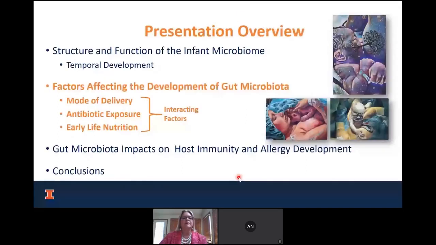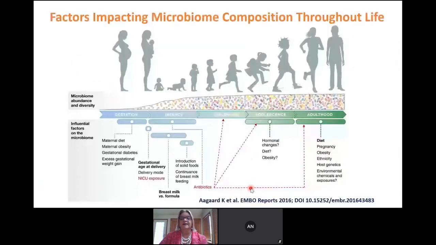which will be taking a little bit of a deeper dive into what are these factors that are affecting the temporal development of the microbiota. And I'll talk about mode of delivery, antibiotic exposure, and early life nutrition. But I really want to make the point that these factors are interacting with each other and cannot really be viewed as single factors. So this is a very nice figure that summarizes the various factors impacting the microbiome throughout